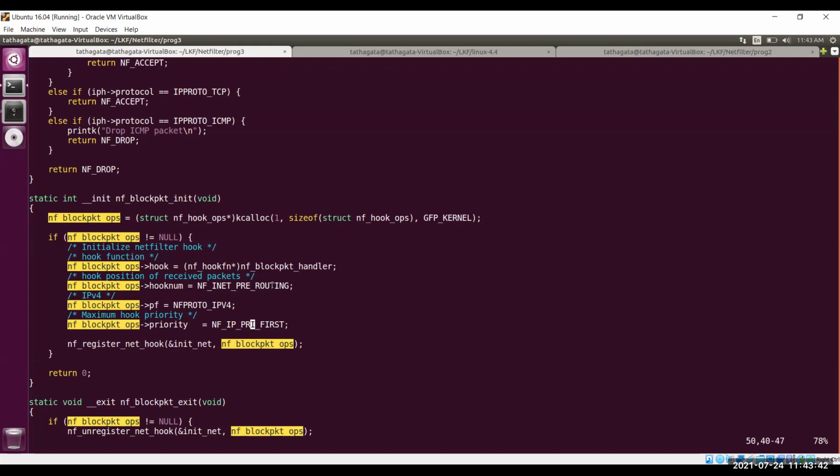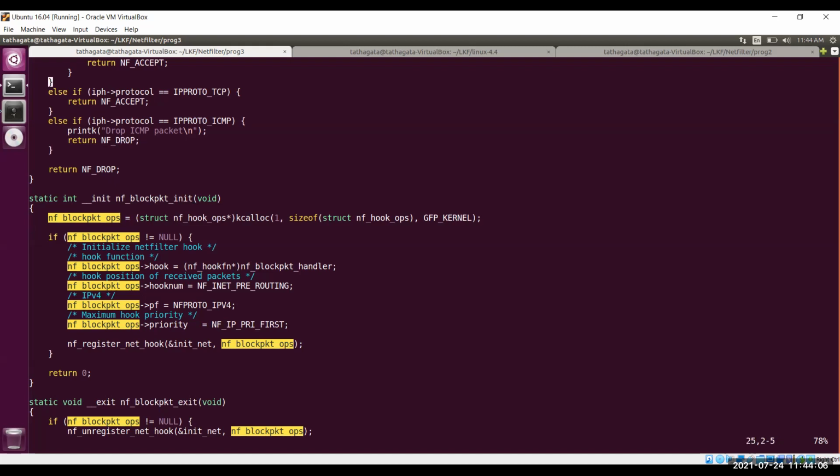If that is not the case, you are not depending on the packet modification, you are checking the original packet and dropping it based on some criteria, then it is better to make it the first callback routine of that particular hook point.